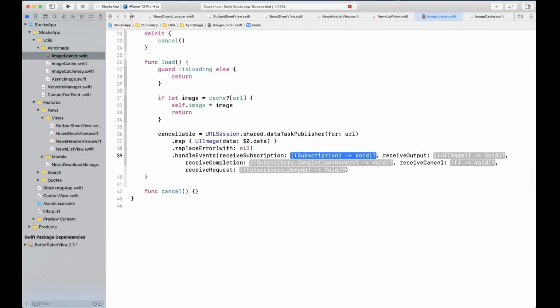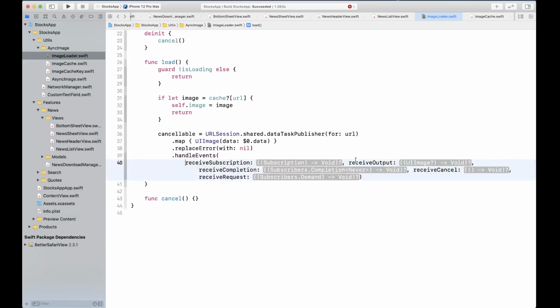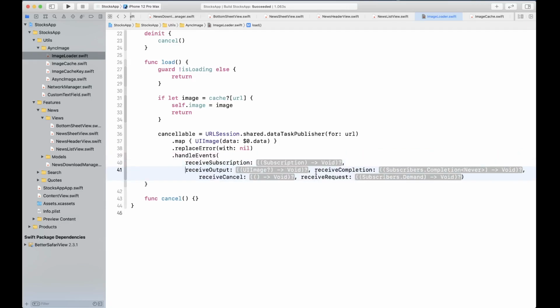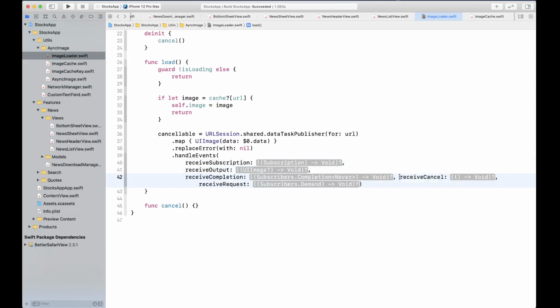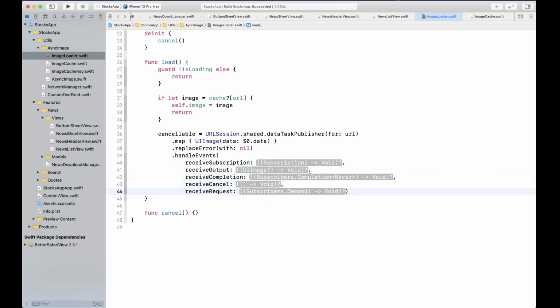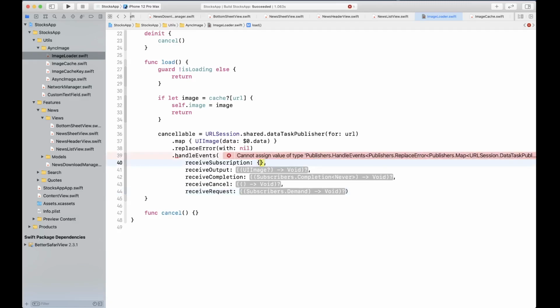So we're going to handle events, and let me put them on each individual line so we can organize them better. All right. We're actually going to need a few functions.